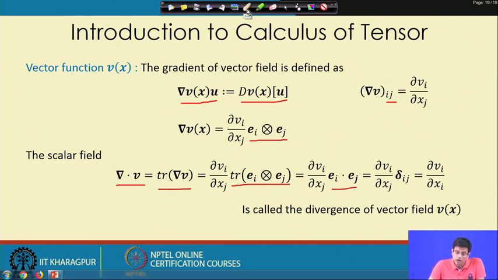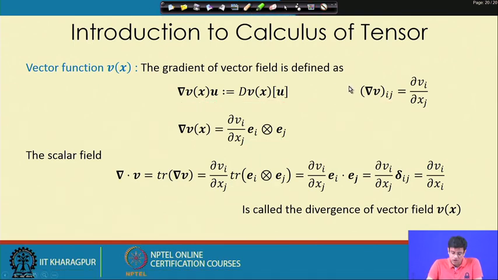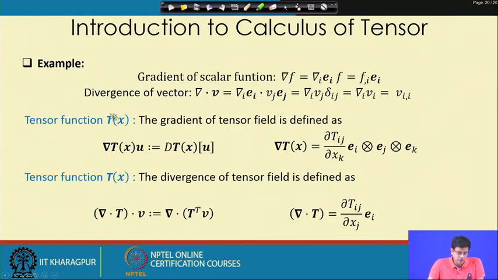Now, another quantity we probably all want to know is the divergence of a tensor field. The gradient of a tensor field increases the order by one, so it becomes a third order tensor. These are the general formulas, and actually we can define them for any order of tensor. So, this becomes a third order tensor. Now, sorry, this is the gradient of a tensor field, and the divergence of a tensor field also